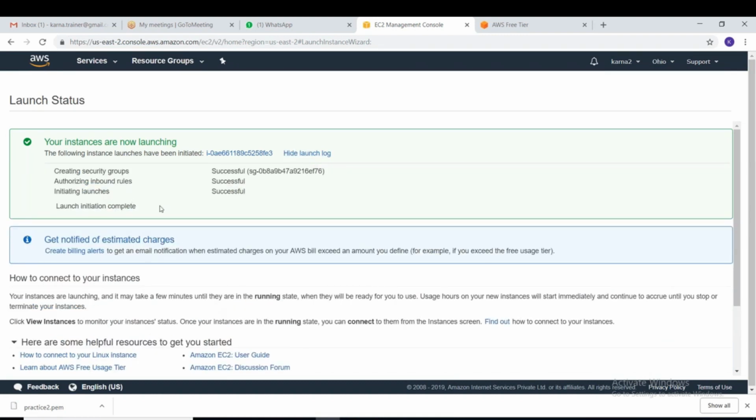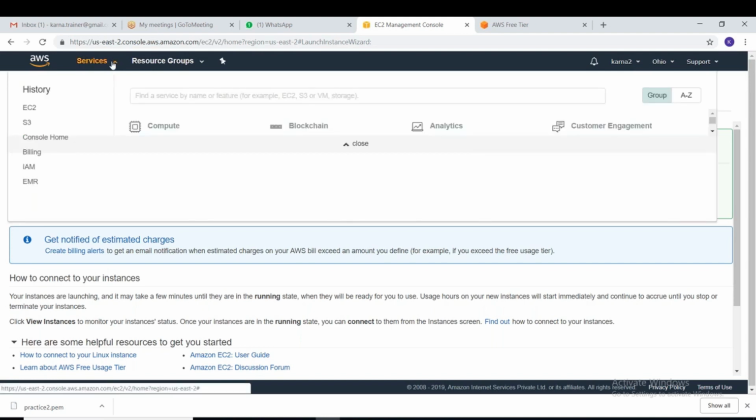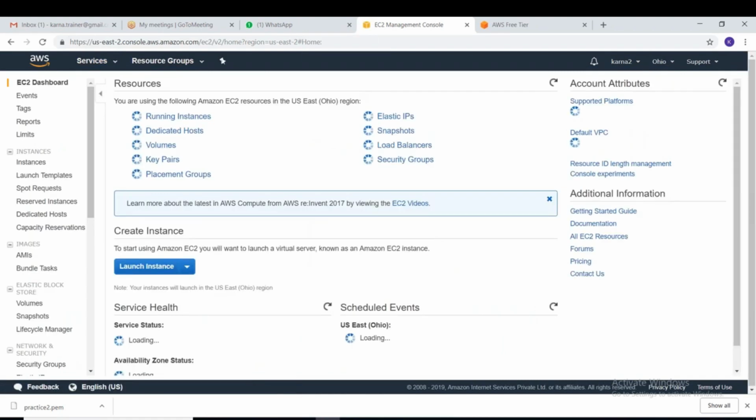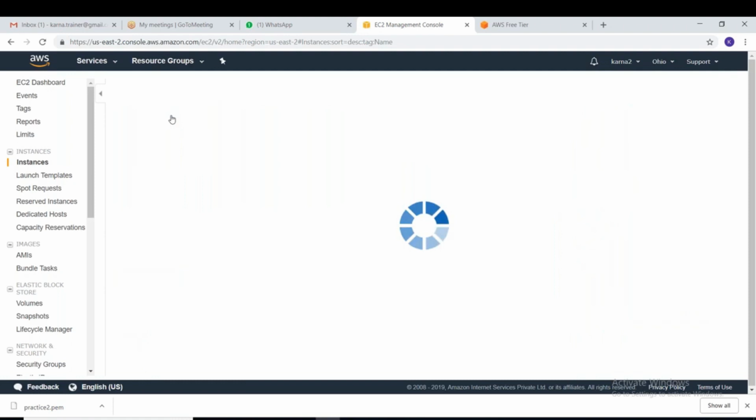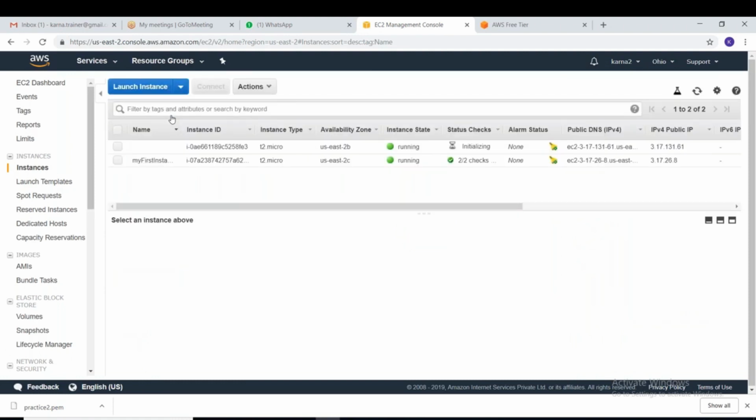Installation completed successfully. Now go to service EC2. Now you can see here that the number of running instances is two.